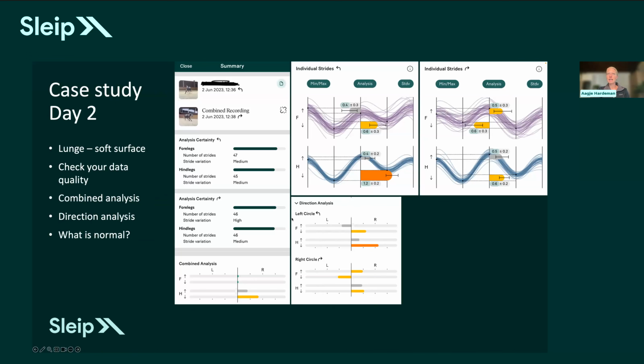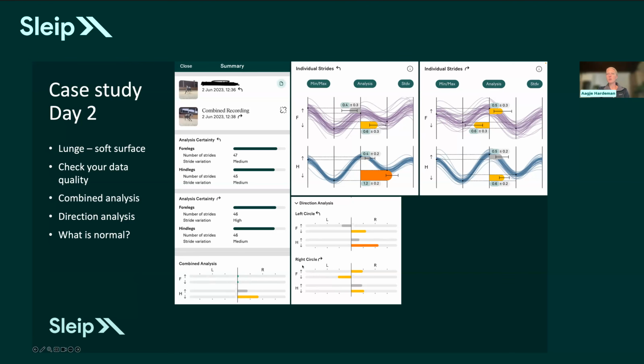When we're looking at the left circle, this horse actually shows a right front impact asymmetry. Whereas when we're looking at the right circle, this horse actually shows a left front impact asymmetry. And these are pretty symmetrical. Like we said before, you want to be able to mirror the asymmetries, and that is kind of true in here. And that is also why when you look at the combined analysis, the forelimbs end up with nothing, which is